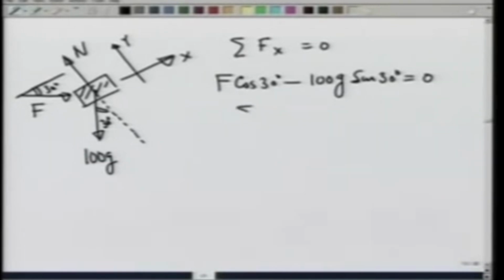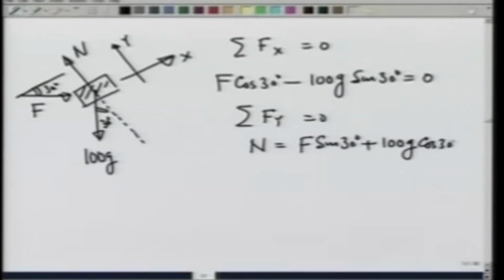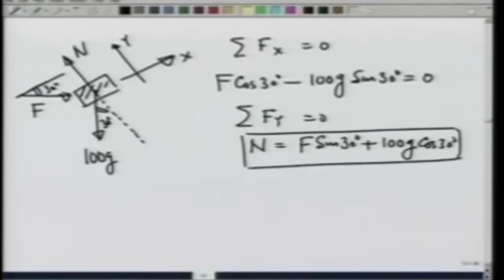The balance in the y direction gives me N equal to F sine of 30 degrees plus 100 g cosine of 30 degrees. This equation I do not need to calculate F. I will calculate F straight from the first equation, which gives me F equal to 100 g